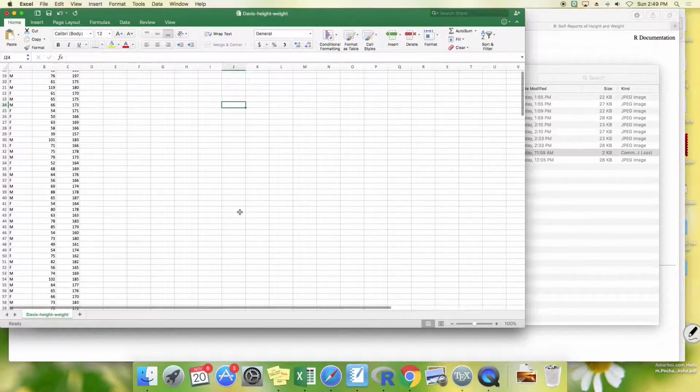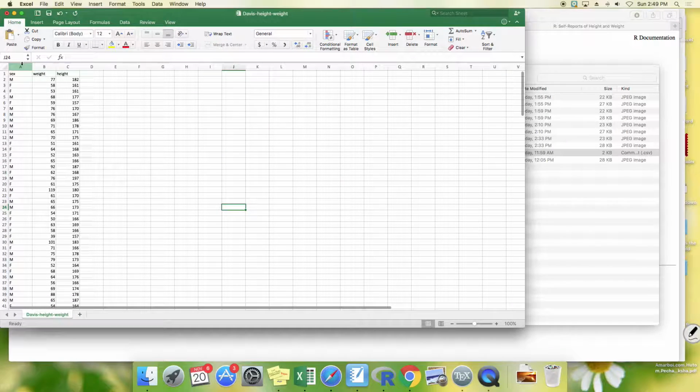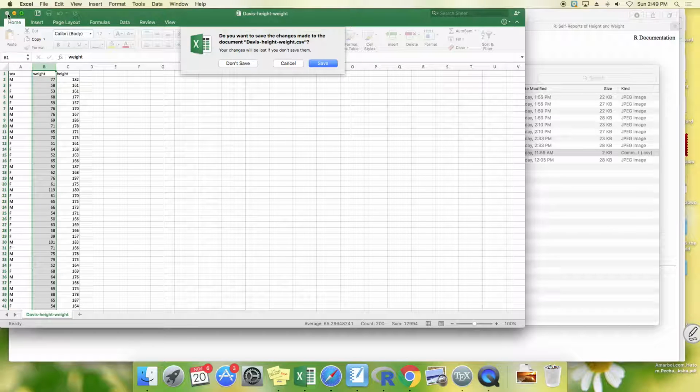So with this data, let's forget the gender for a moment. Suppose I want to know the relation between height and weight. So basically I have two variables, x and y, and I want to know the relation between them. So what do I do? One of the first things to do is